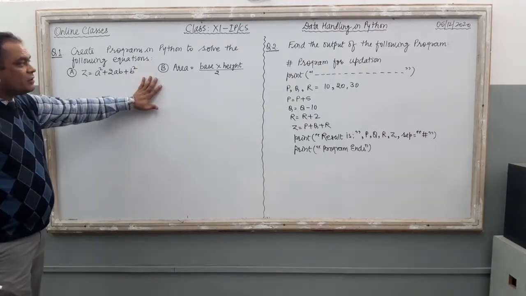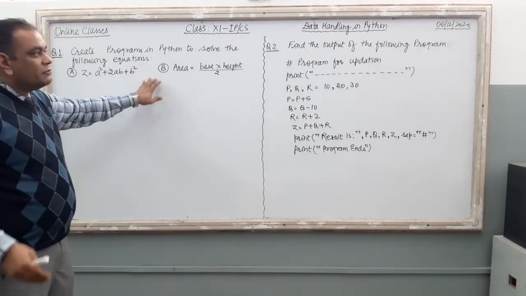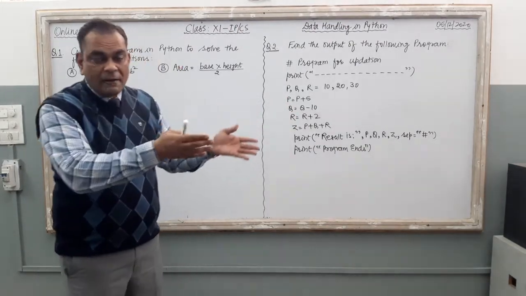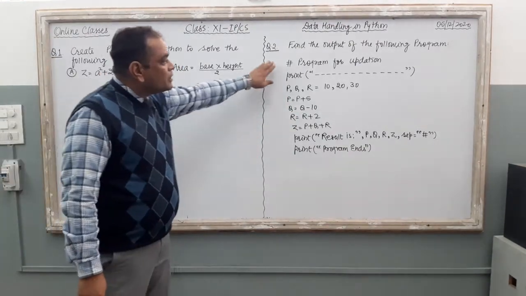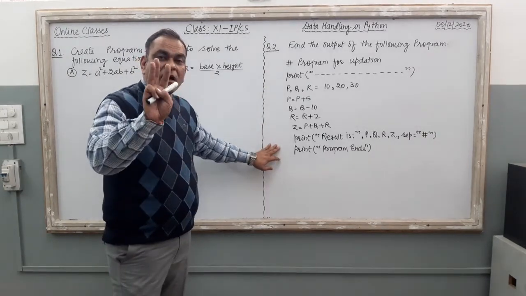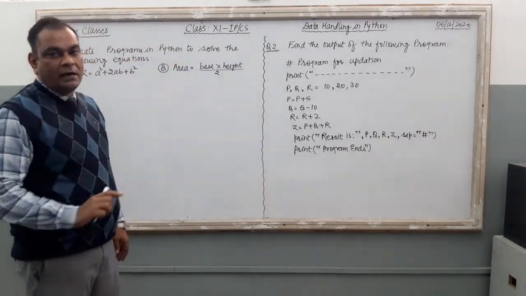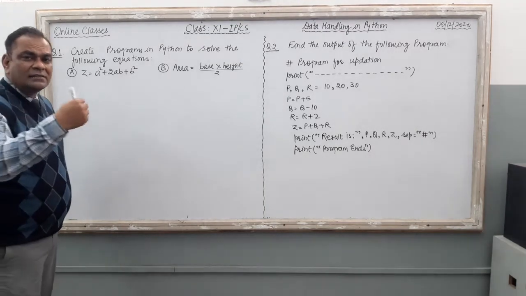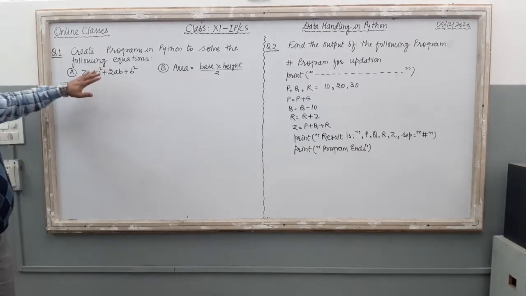This program creation question is of 4 marks, whereas the output generation question, 2 or 3 different questions can be there in the question paper, and the output generation question carries 3 marks according to the CBSE blueprint. Right? So here, what type of questions can you see in the question paper? Just read the question.